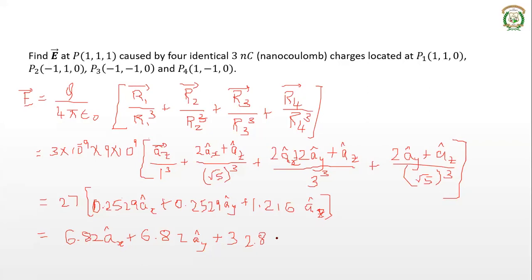So it's 32.829. Okay, you're right. So you should be very careful while calculating. This is an example of how the answer can go wrong. Normally the final answer should be correct, otherwise you lose all marks. Even though there will be some marks for steps, you lose the impression if the final answer is wrong. So this way you can solve any problem to find electric field intensity due to any number of charges.